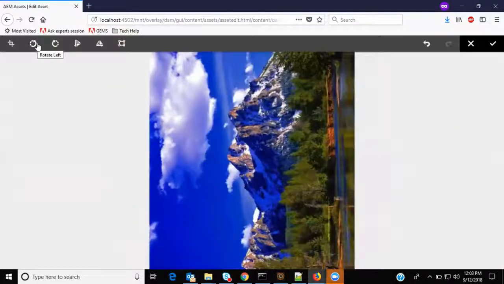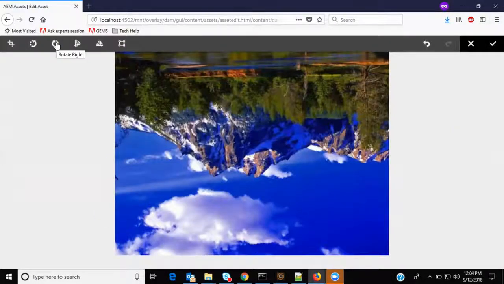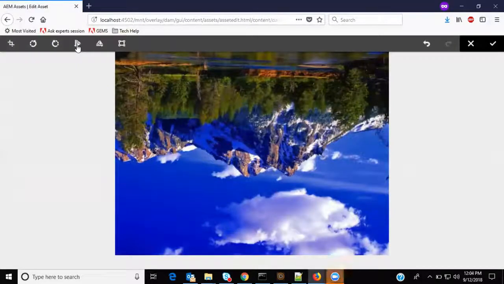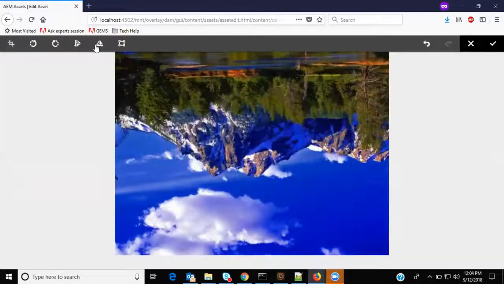We have rotate option, rotate right, flip vertical, flip horizontal,